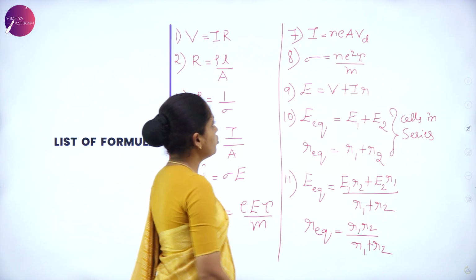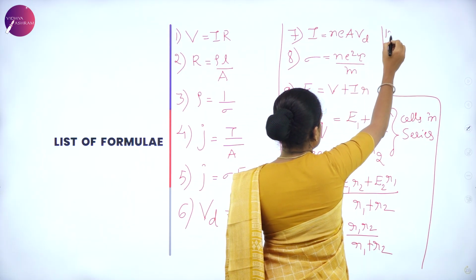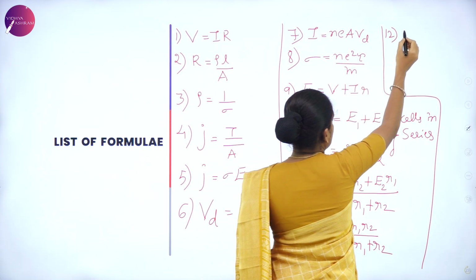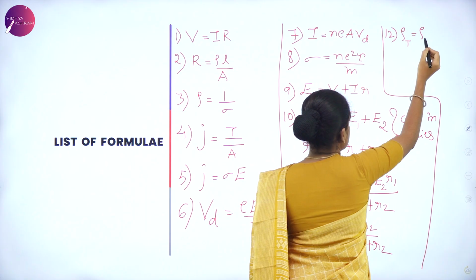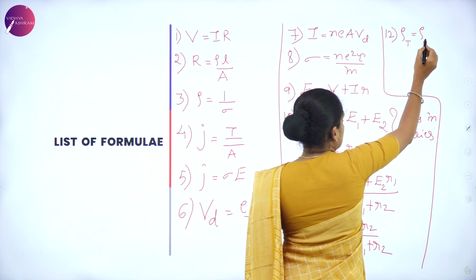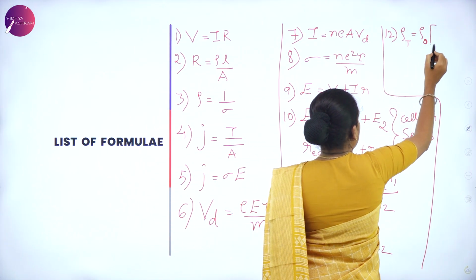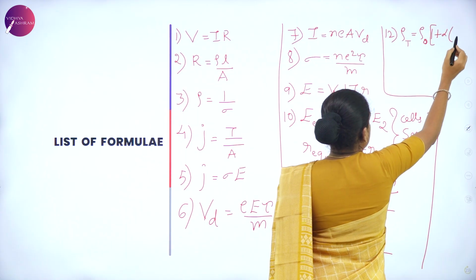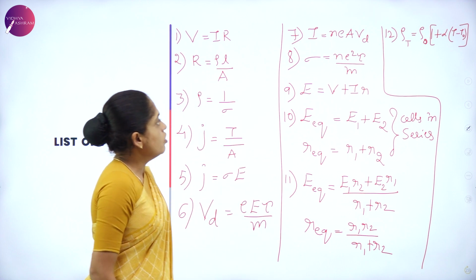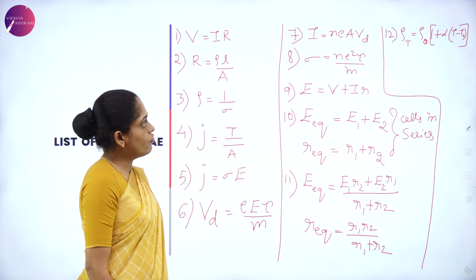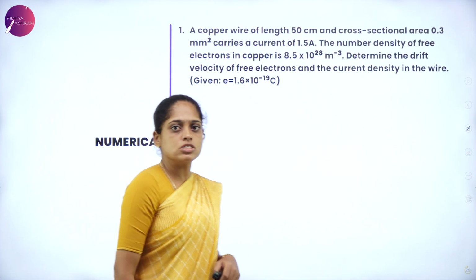And you know how the resistance depends upon the temperature. Temperature dependence of resistivity and resistance. Resistance at temperature T is equal to resistance at initial temperature, let us consider it as rho naught, times 1 plus alpha, T minus T naught. T naught is the initial temperature, where alpha is the coefficient of temperature. Yes, we have listed the formula. Next, we will consider the first problem.